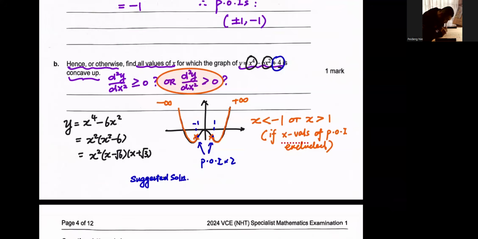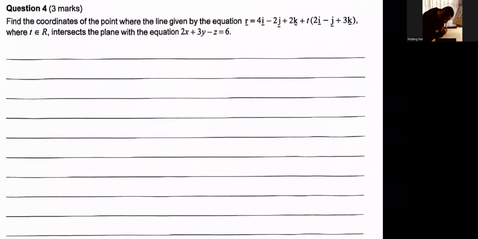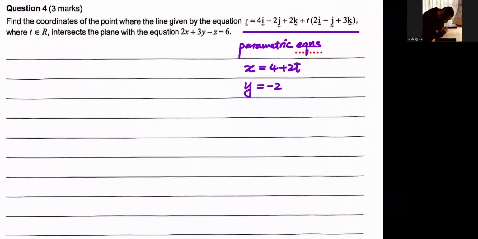okay? Question 4. Find the coordinates of the point where the line given by the equation r equals (4, -2, 2) plus t times (2, -1, 3) intersects the plane with the equation 2x plus 3y minus z equals 6. So firstly, I will convert the vector form into parametric form. There are 3 parametric equations: x equals 4 plus 2t, y equals minus 2 minus t, and z equals 2 plus 3t, okay? And sub them into